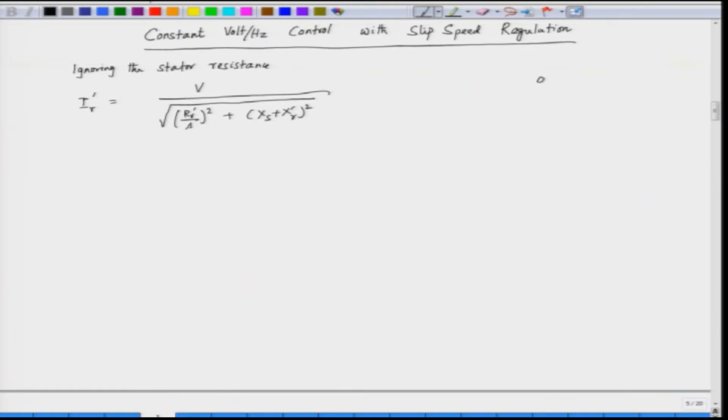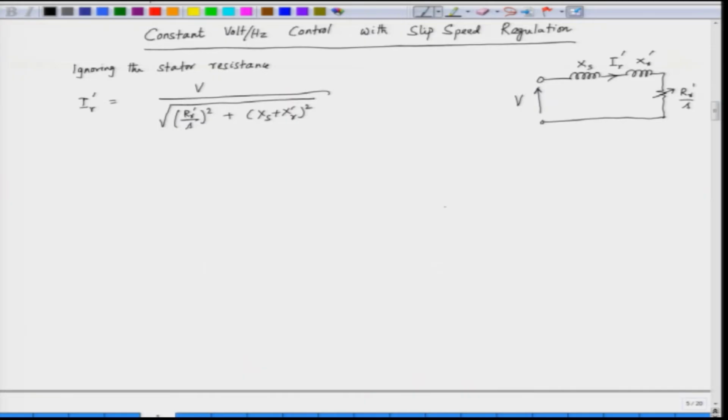So, what we have done here is ignore the stator resistance. So, we have an approximate equivalent circuit, which is shown in the following fashion. This is our stator leakage reactance, the rotor leakage reactance, the rotor resistance, which is RR by S, and we have applied a voltage V, the per phase voltage, and this is the rotor current